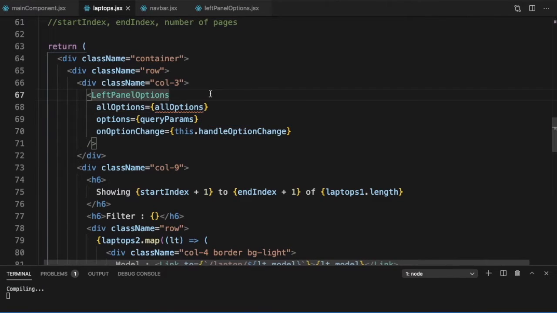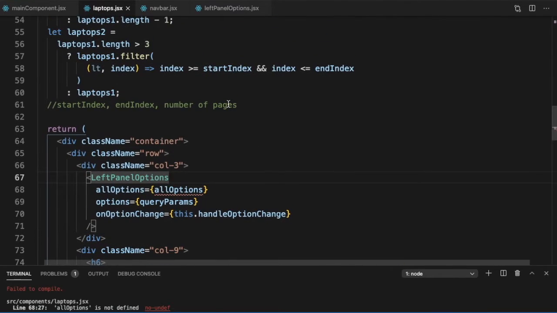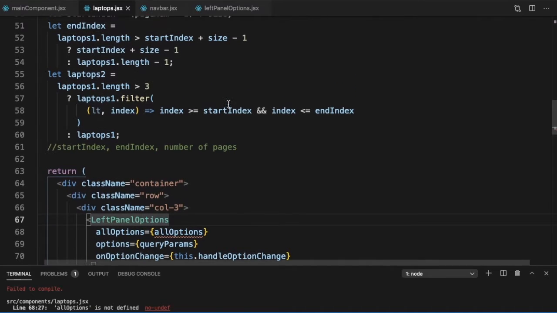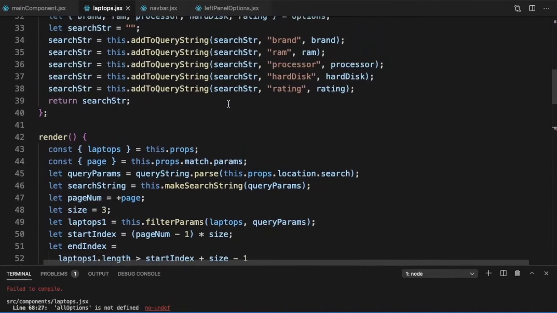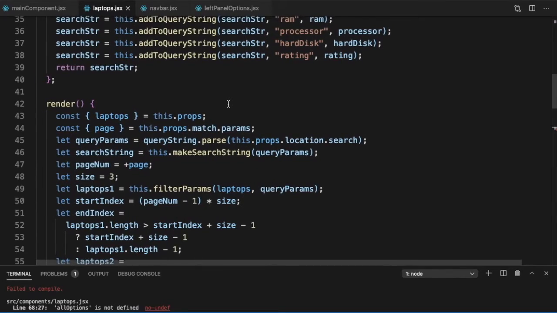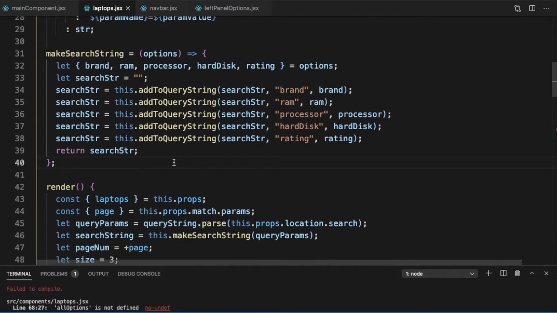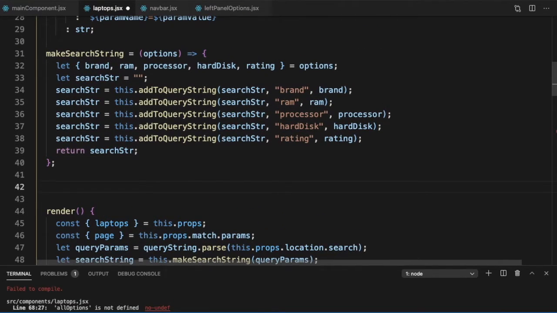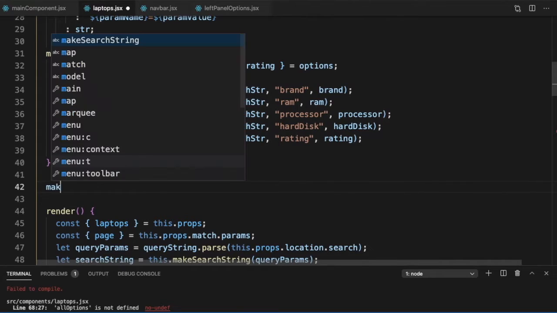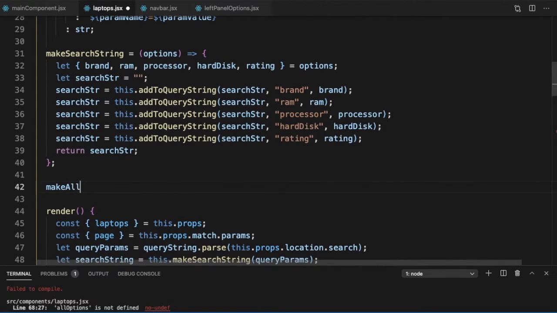So now what should allOptions have? All options should have all the values we want to show in the drop down. So how do we get all the values in the drop down? Let's say we define a function makeAllOptions, and it gets the laptops, which is the array, or let's just call it array, as parameter.